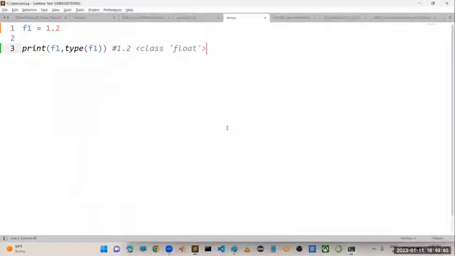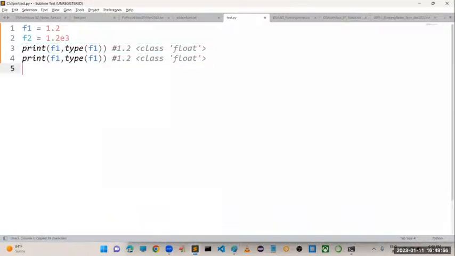Next, f2 is equal to 1.2 e to the power 3 I am taking. This is called the exponential value, and e value will be substituted with ten. So I am printing f2 and the type of f2.